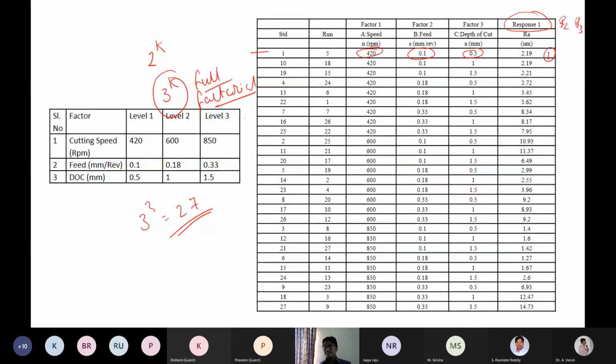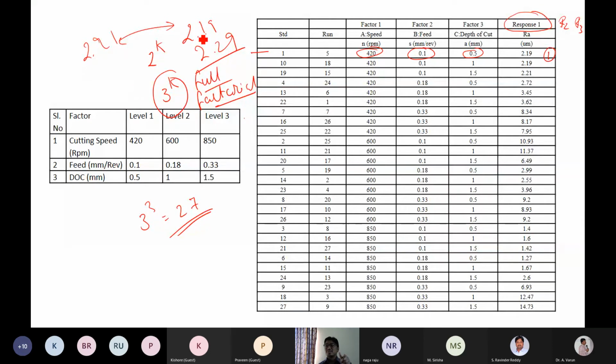I am reading, as a person, as an experimenter, the readings from this TALISURF, right? Surface roughness, I go with TALISURF. When I have noted down 2.19, first I write down 2.1 and 2.29. How much is the difference? I don't even get an idea. 2.19 or 2.91. Is there anything that I can do while writing down 2.19 and 2.91? So I need to confirm it, isn't it?